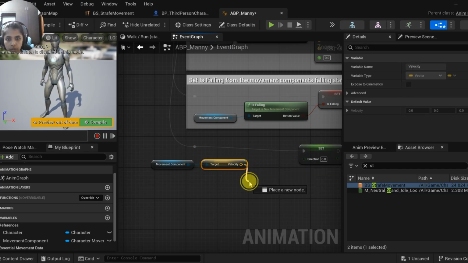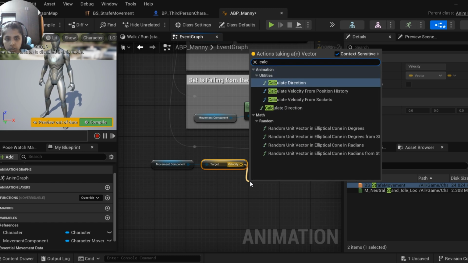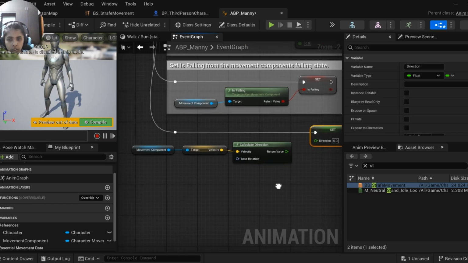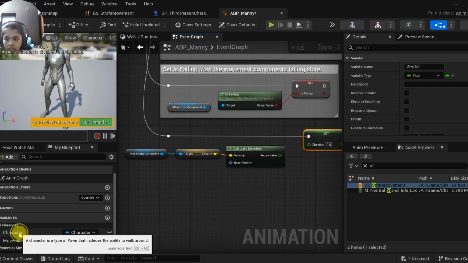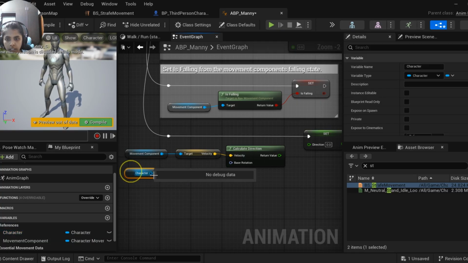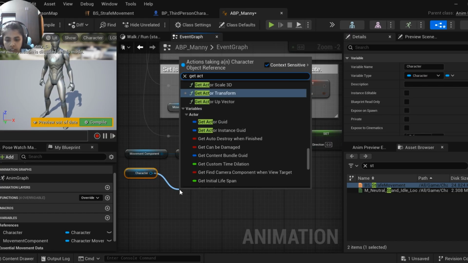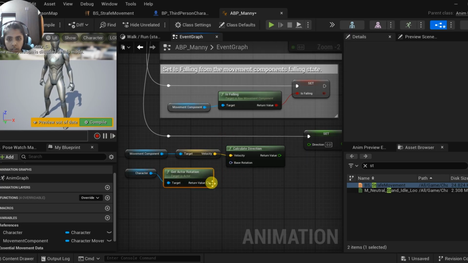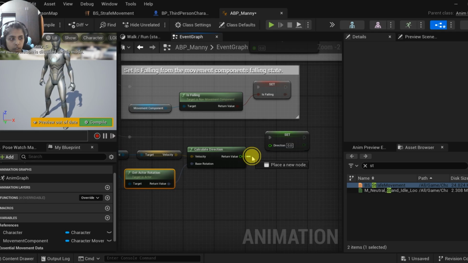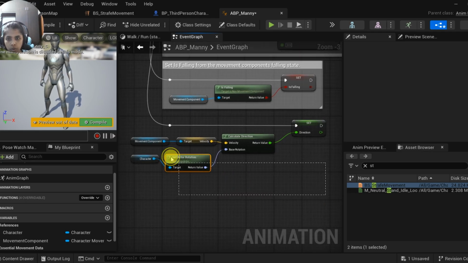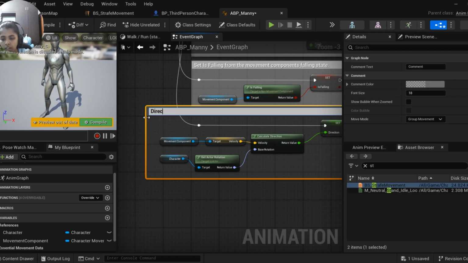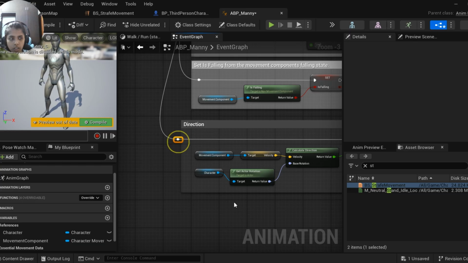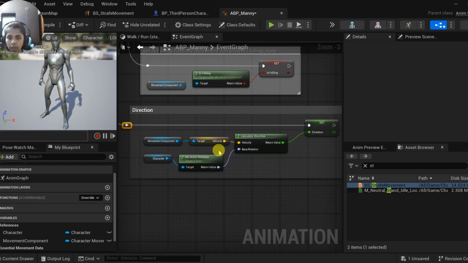Now I have to add one node which is going to set the direction of the character. That is calculate direction. Now let me add the character. From this character I would like to get actor rotation. This value I'm going to add as the direction over here. Now if I press C, I can add a comment as direction, so it's more like I had grouped these things. Now if I compile and save,